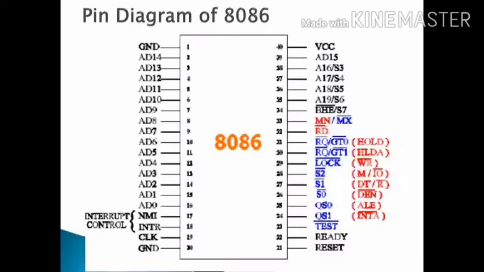Next is the data transmit or receive pin, that is pin number 27. If we have connected more than a few devices on the data bus, then 8086 outputs are not capable of supplying enough current drive. So we will be using transceivers for the same, like Intel 8286, which are used to increase the current driving ability. So the data transmit or receive is an output pin which is activated in the first clock cycle